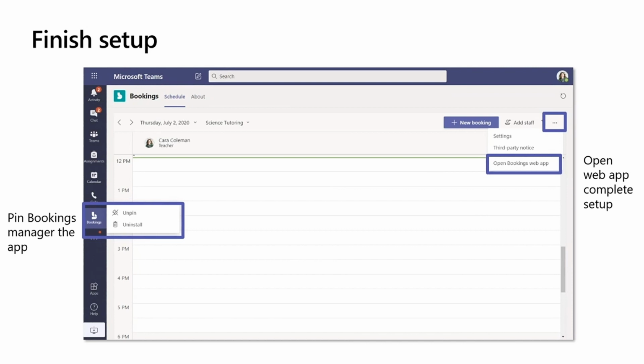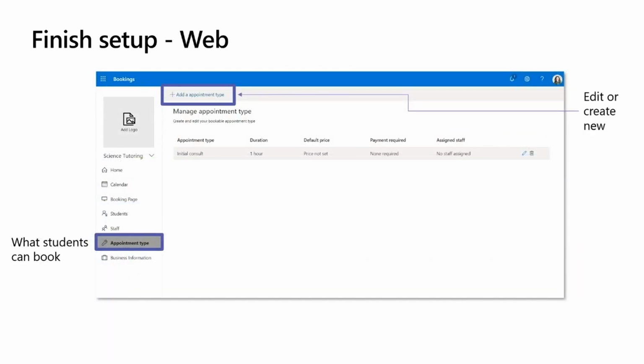And then the last thing that we do is we head on over to click on the Open Bookings web app. The reason we go to open the web app, that's what you saw I was going to from office.com, is that gives me then the ability to set up my type of tutorial, mentoring session, office hours, you name it, whatever you want to call it, or the amount of time you want to set it for. We just need to create that because it's the first time you've been setting this up. So this is where, again, we're just doing an overview here. I'm not expecting you to follow along right now, but you will have the slides to do this in your own time.